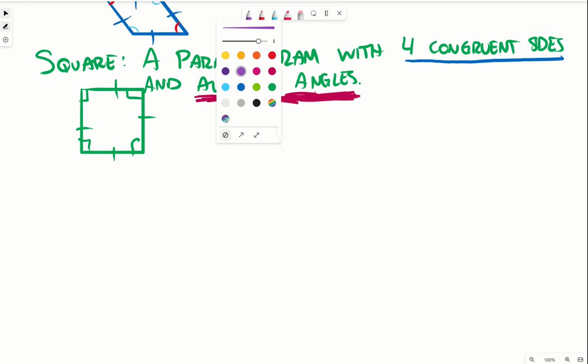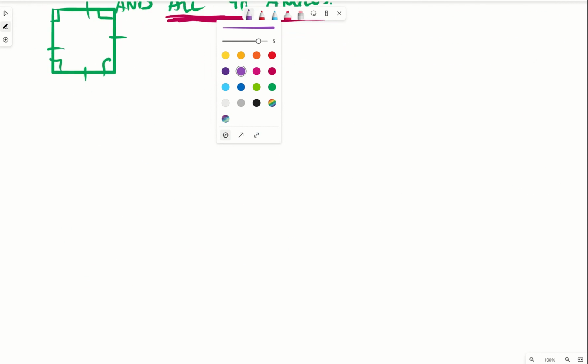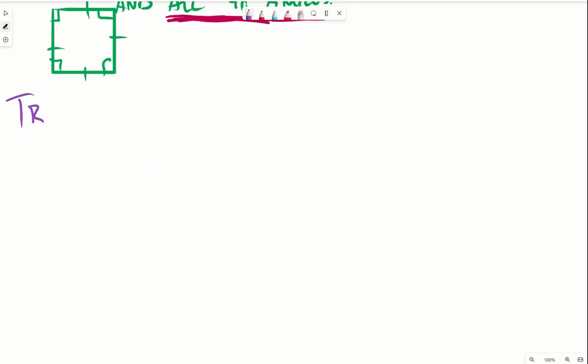All right, next we're moving along. We're going to get away from some parallelograms here, and we're going to talk about a trapezoid. A trapezoid is a quadrilateral